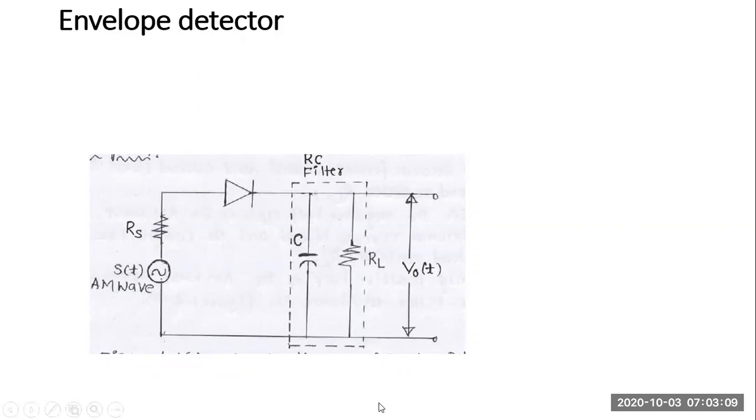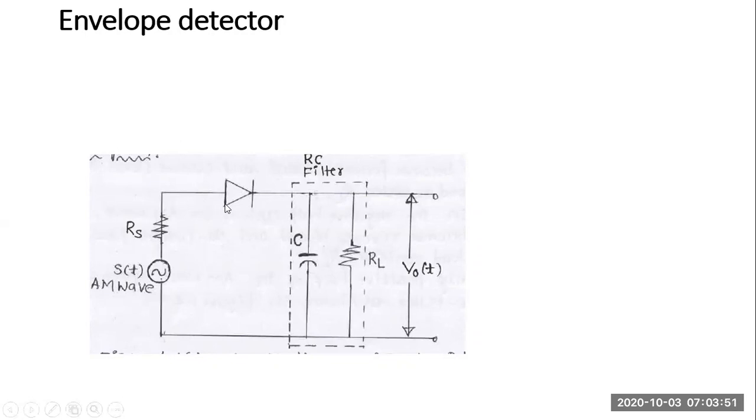So the envelope detector circuit is as shown below. It has the input as the standard AM signal, which we can call S of t or EAM of t. If you remember, this is 1 plus KA m of t into AC cos 2 pi FC t. Or we write it as AC into 1 plus KA m of t cos 2 pi FC t. RS represents the resistance of the receiving antenna, or the resistance of the signal generator if we are directly giving the AM wave from a signal generator.